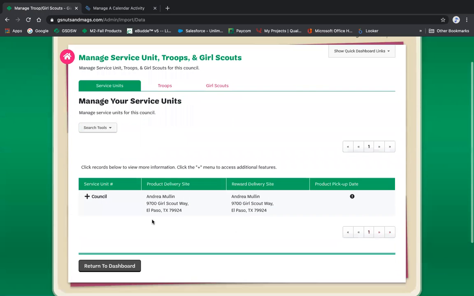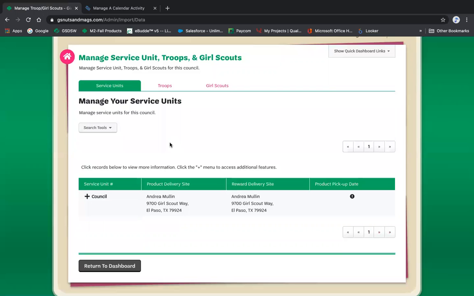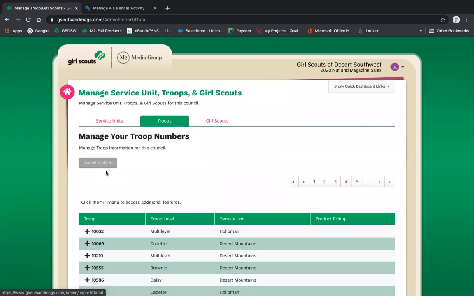All right. From this site, you can also view your sales reports for the entire council. Again, right now, there's not going to be anything because the program hasn't actually started. And you can also view any payments that have been made or what the troops owe to council. From your troops section,